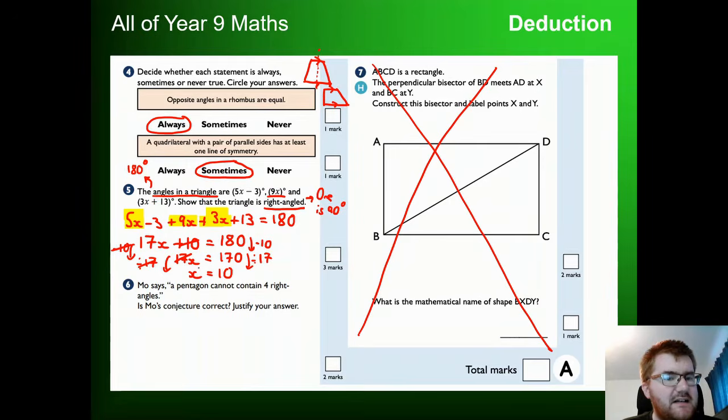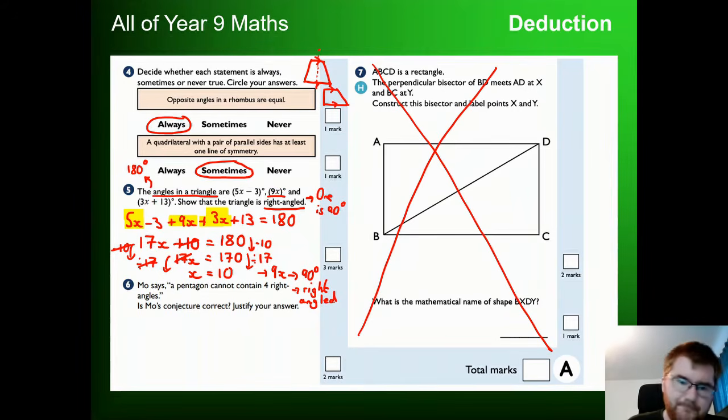If we know x is equal to 10, then 9 lots of x will be equal to 90. So the 9x is equal to 90 degrees, therefore it is right angled. I'm kind of running out of space here. I like these style of questions, really getting to just think a little bit more about the question, not just do this, do this, do this, but some extra thinking and deduction here, which is of course the title